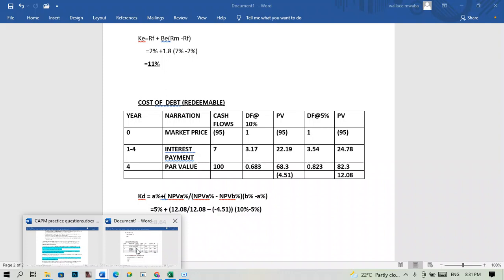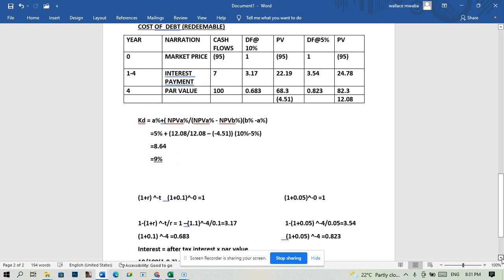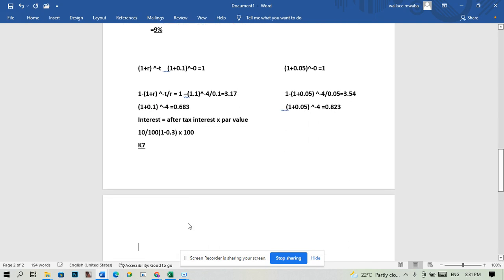All right, so we've calculated our cost of equity, cost of debt, and our market values of equity and debt. Now we have to calculate the weighted average cost of capital. Okay, so the formula is WACC